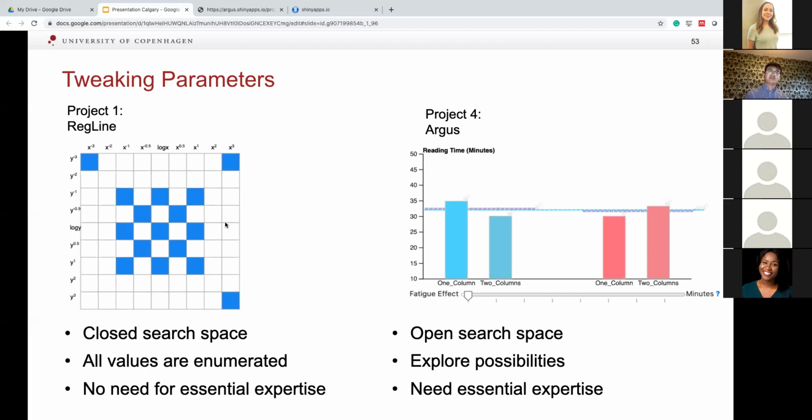Users need to estimate the parameters based on their hunches, literature, or pilot study, which gives users more freedom to explore the space, but also raises the threshold and requires essential expertise to use the tool. The contrast informs that different design approaches are suitable for a specific situation and a target user group.